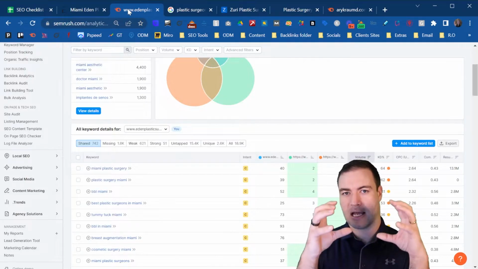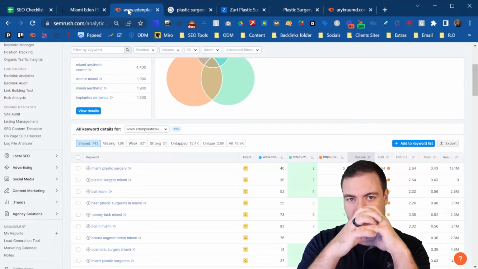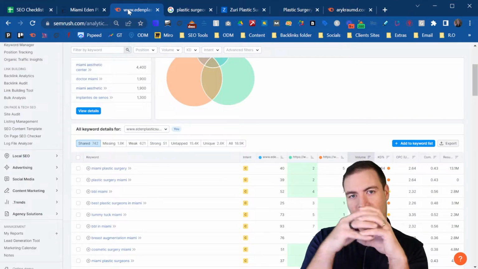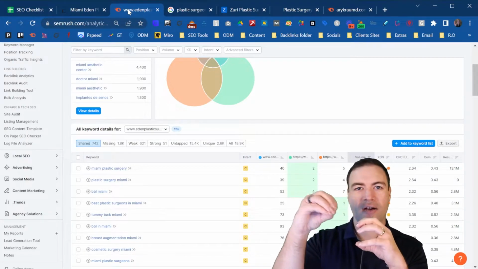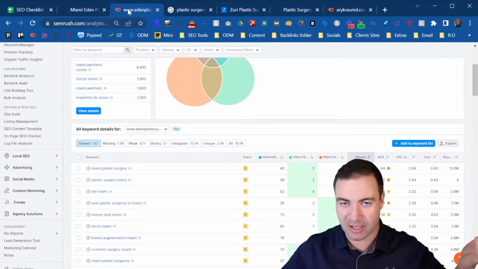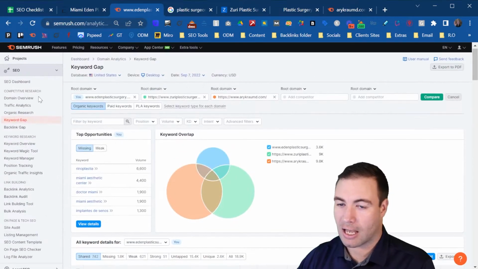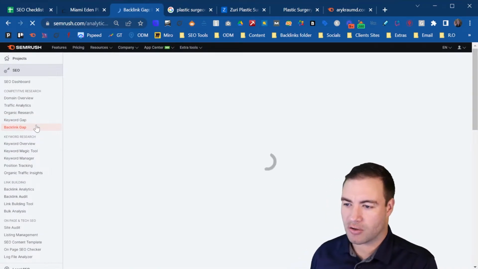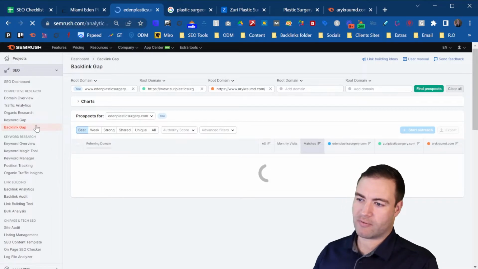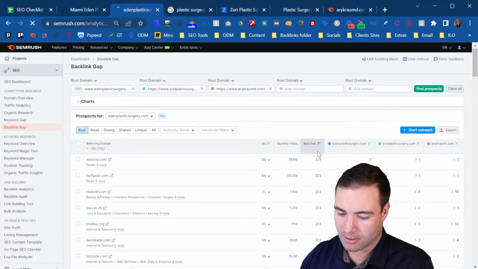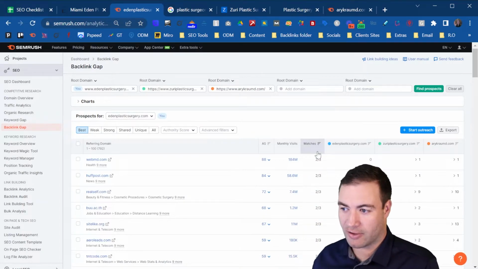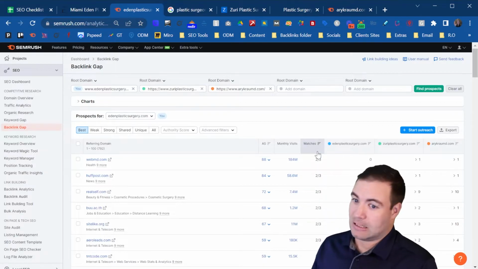Okay, so as an example, if you think about all of the plastic surgeons in Miami, they're going to have these types of links from different profiles. If you're outside of that party and you don't have those links, well, Google doesn't want to invite you in to celebrate in the rewards of ranking higher. So we're going to perform a backlink gap analysis on the plastic surgeons to identify what we need to do. Now, wherever there's a match, I'm looking at this column right here, okay? So where it says matches, wherever two of our competitors have this link,